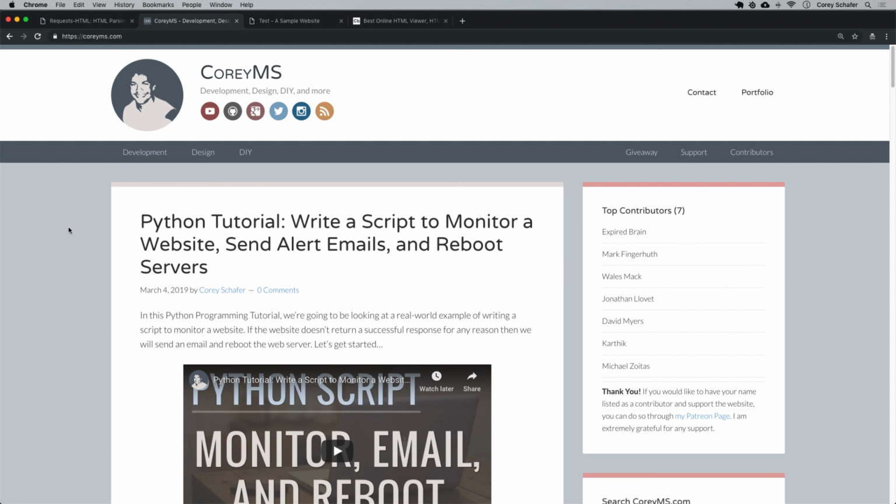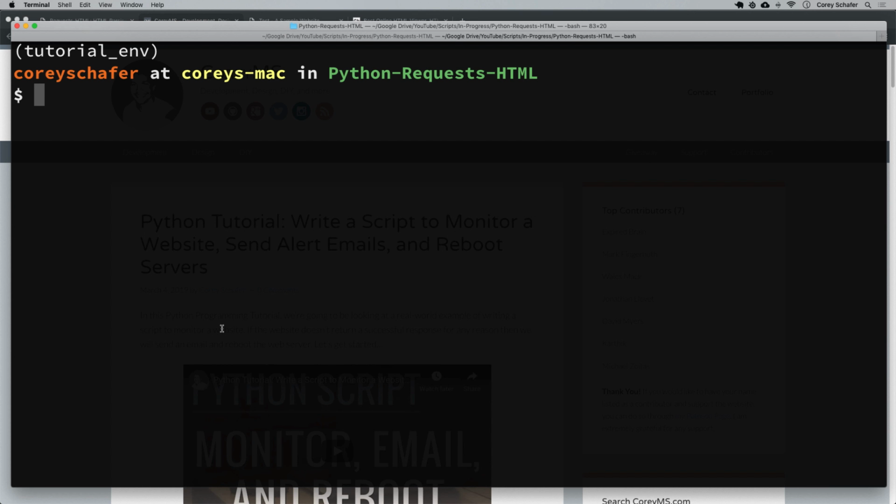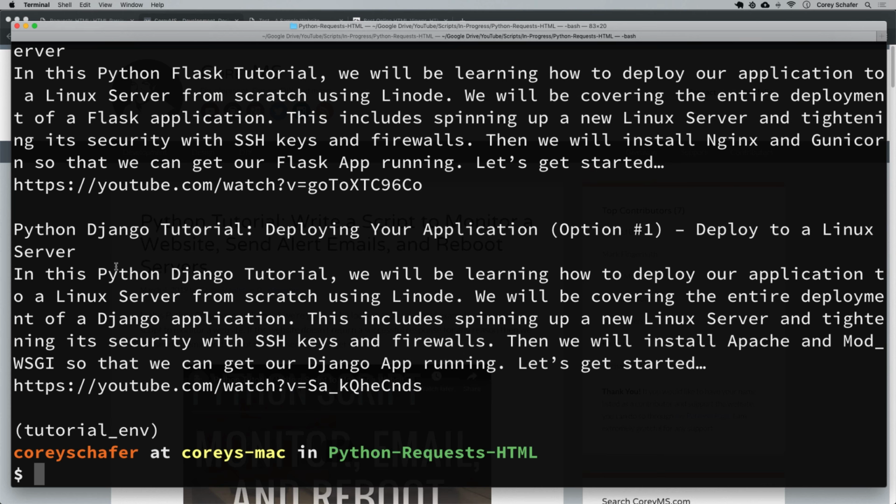So to show you what this would look like, let me run the finished script that we'll be writing in this video so that you can see what something like this can do and what it's capable of. And then we'll actually learn how to build it. So I have a script here, cms_scrape.py. If I run that script with Python, then you can see that it went out to my website